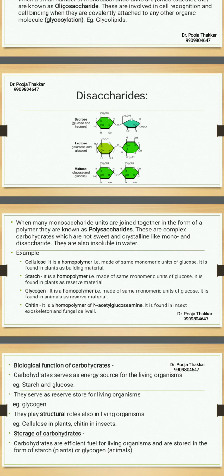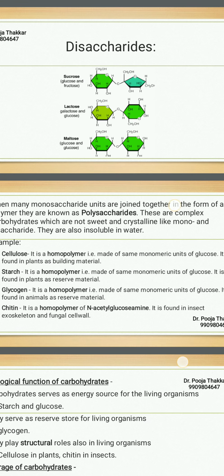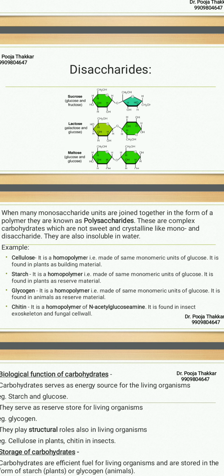The first and the most important example is cellulose. So cellulose is a homopolymer. All the examples we are discussing here are homopolymers. Now what do you mean by homopolymer? The polymer which is made up of the same kind of unit. All the monosaccharides which are involved in polymer formation are basically the same. Okay, so each and every monomer here is glucose. So cellulose is the homopolymer of glucose, and it is found mainly in the plant cell wall, and they are forming the plant